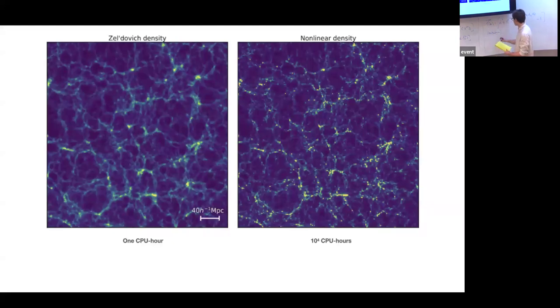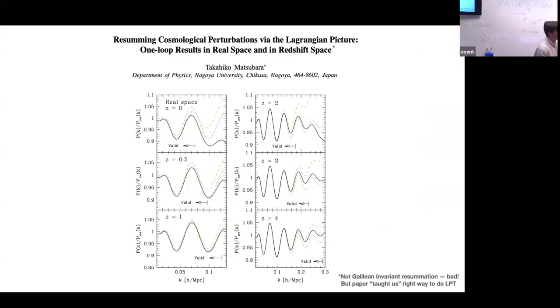But so what Matsubara gets is that this is equal to e to the minus k squared over 6 pi squared, the integral of dp, of the linear power spectrum of p, times the linear power spectrum of k, plus a correction, looks like 6 pi squared. So kind of interestingly, you basically get a resummation that turns into some Gaussian damping by exactly this factor that I said was small, or was large, but that you knew exactly. And so what this looks like is like this.